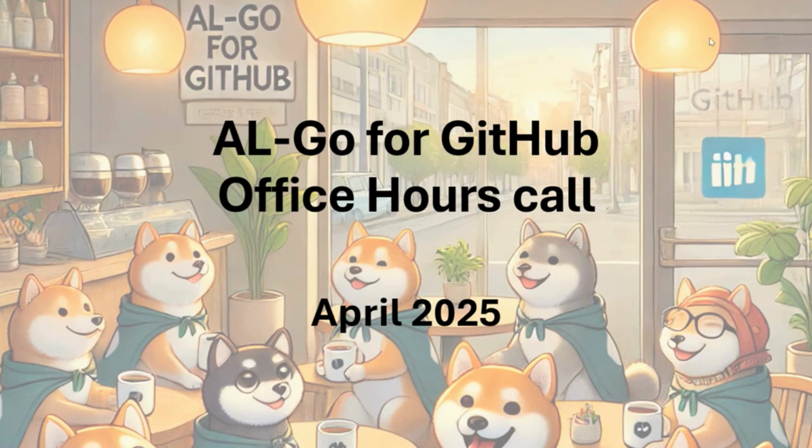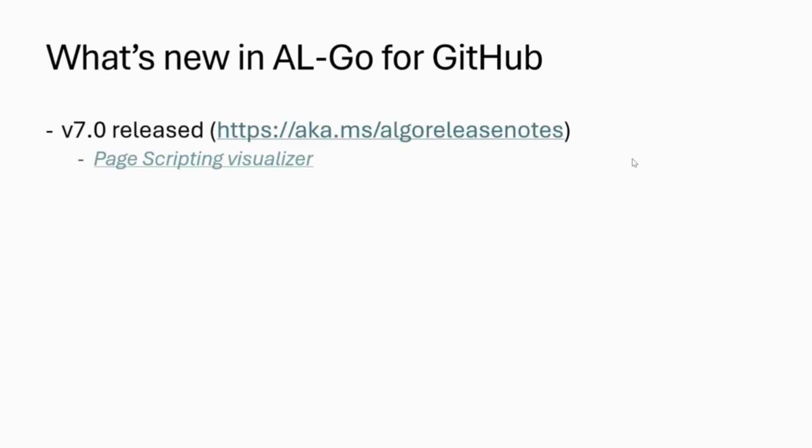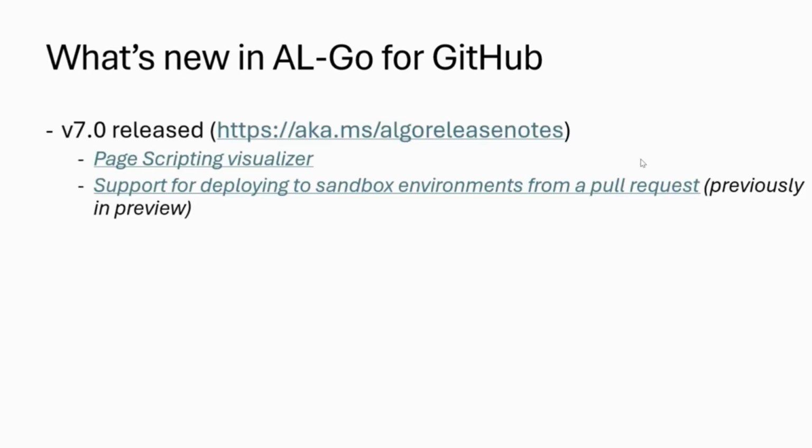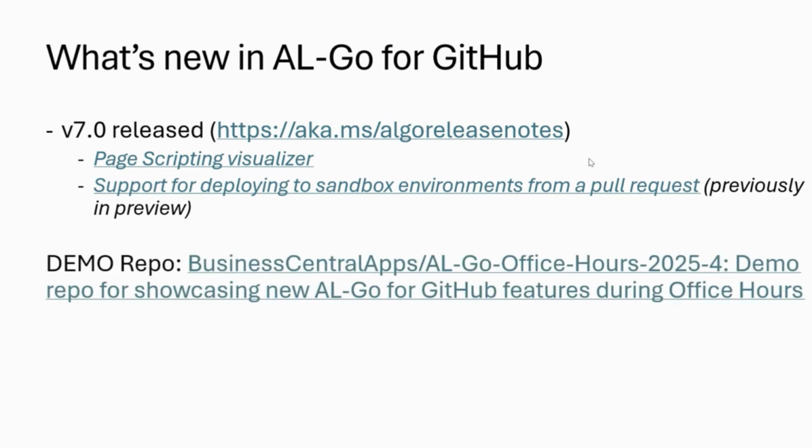There's actually not much to cover today. We did ship version 7.0, and that included the support for deploying to sandbox environments for one pull request that was previously in preview, and also the new page scripting visualizer. In preview right now, we have a bunch of bug fixes. In the last month, we focused on making the version stronger and better. I think soon we will release version 7.1, so you can get these bug fixes